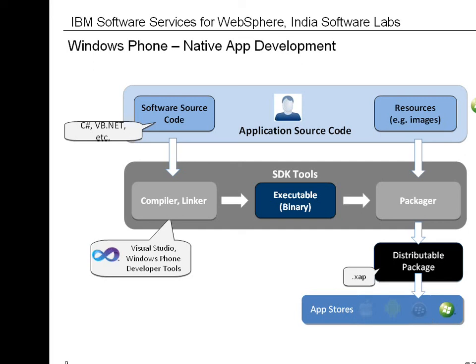And as you might expect, the process is again similar on Windows Phone 7, except that the source code is written in a different language, C# or any other Microsoft language. The SDK is integrated into Visual Studio, and the resulting distributable is called .xap. The App Store here is Windows Phone Market. On a side note, for Microsoft, there is an additional development option called XNA, which is optimized for game development and allows applications to be written for Windows Phone as well as Xbox 360.